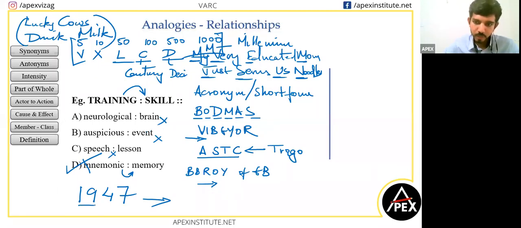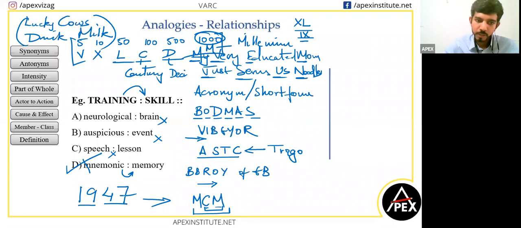So let's start with 1900. So 1000 is M, right? And then you have 1900. So to M, you need to add another 900. So 900 is M minus 100, CM. How do you write 40? 40 is 50 minus 10, right? XL. How do you write 9? 9 is IX. So this is 10 minus 1. So the same way, 900 is 1000 minus 100. And this is 1000 plus 900. So this becomes 1900.